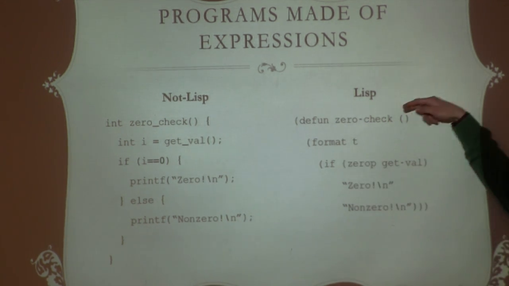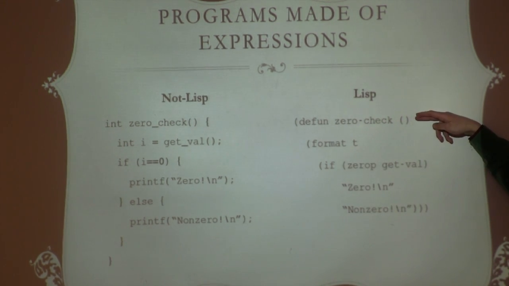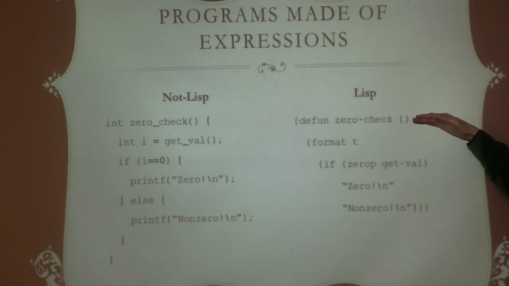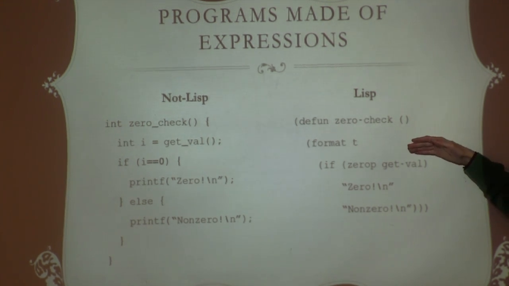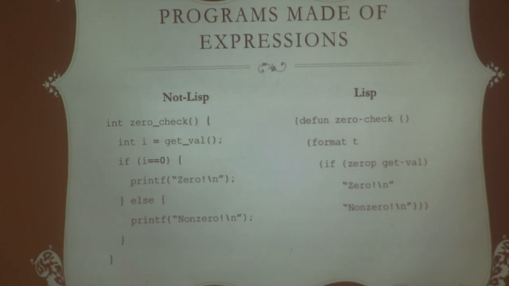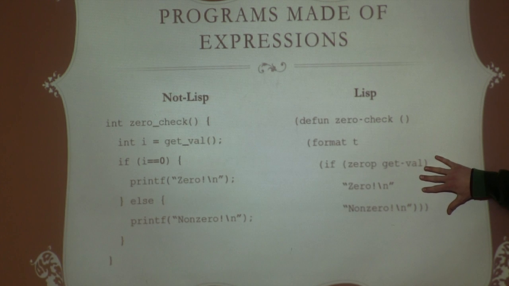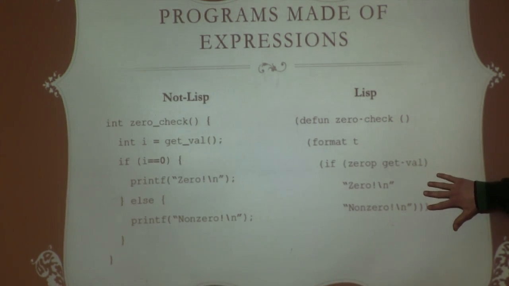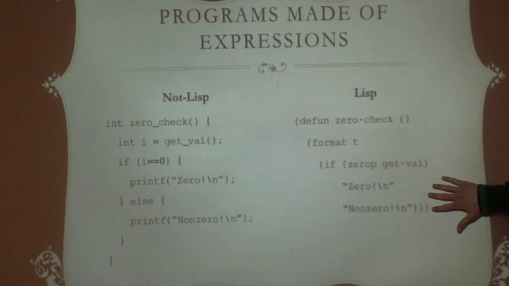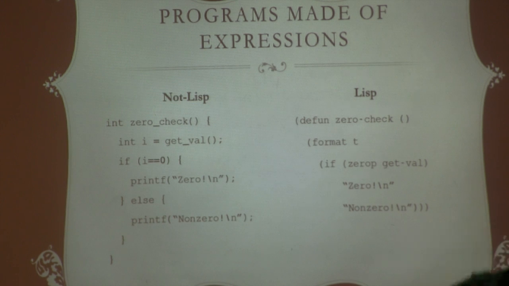You start with one statement, and then you say, okay, we're going to nest inside of the function definition where we print something to the screen. And inside that, we nest the if statement. And inside the if statement, we nest our conditionals. So that's why I end up with so many parentheses, because everything is nested in itself. And in fact, if you want to execute two statements in a row, you have to wrap that in a special form that lets you execute two things in a row.